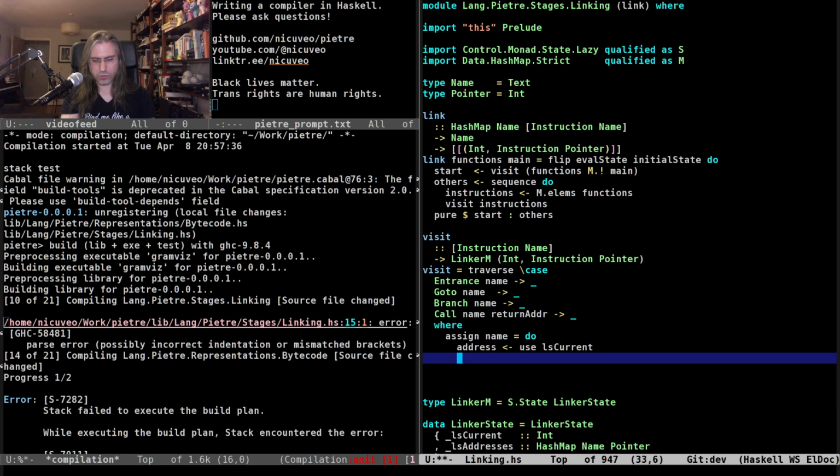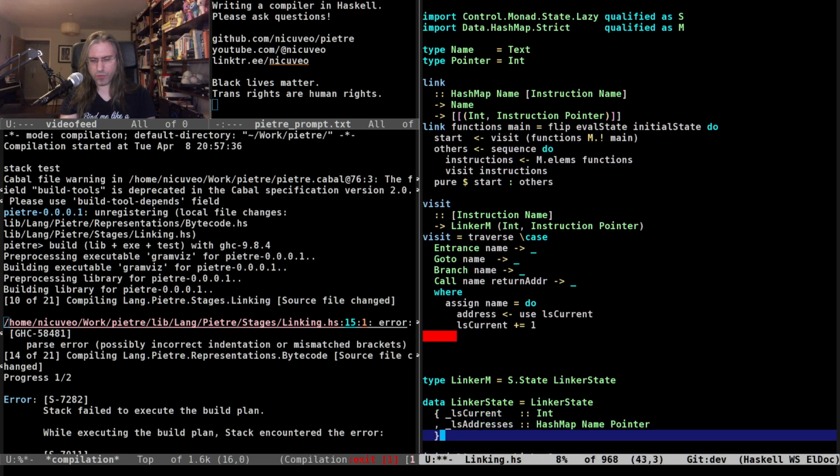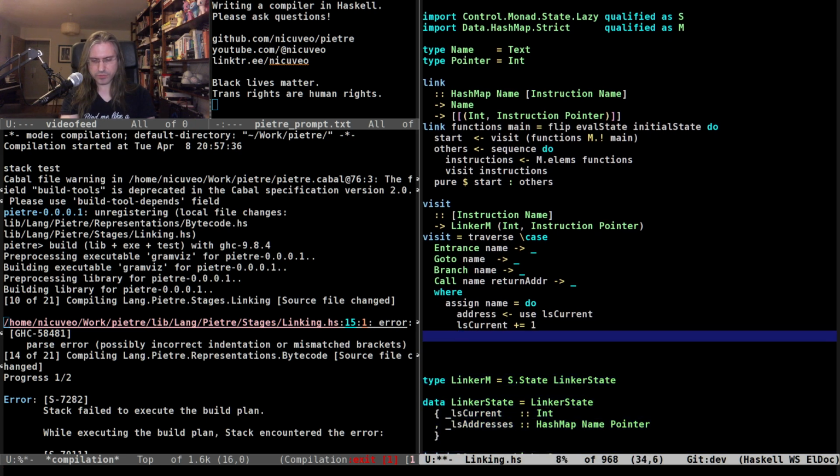We are going to do ls current, which is our linker state current address, plus equal 1. And then we are going to modify this mapping by doing an insert of that name is this address.